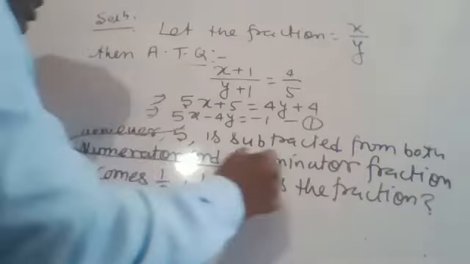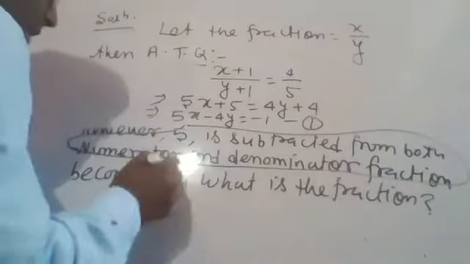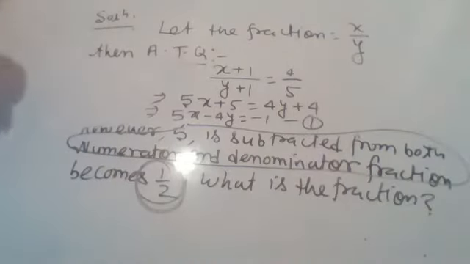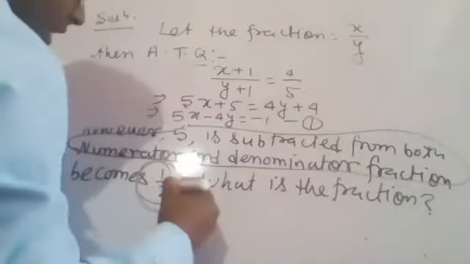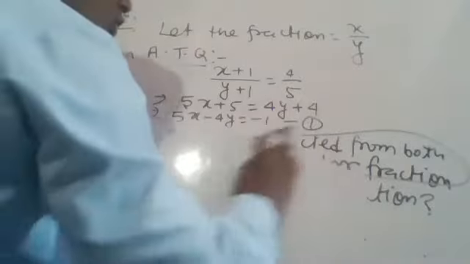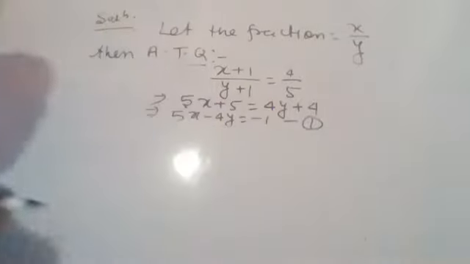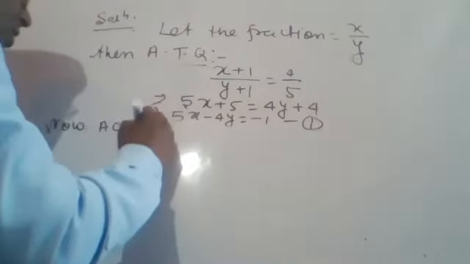If 5 is subtracted from both numerator as well as denominator, then fraction becomes 1 by 2. This one we have done. It means we have to just subtract 5 from numerator and 5 from denominator. Then we get the fraction equals to what? 1 by 2. So just write it down in your copy. So easy, everyone. Now, according to the second statement,